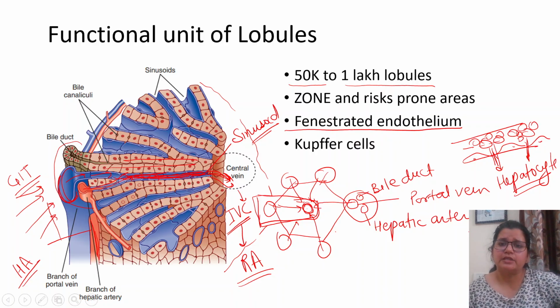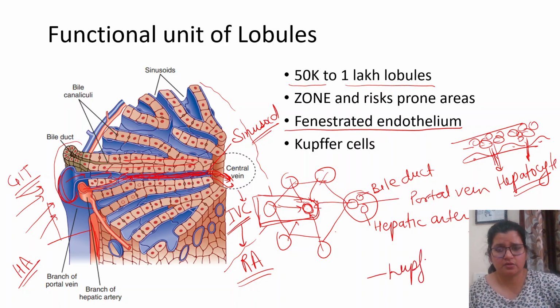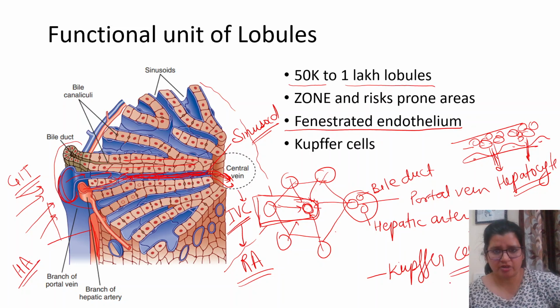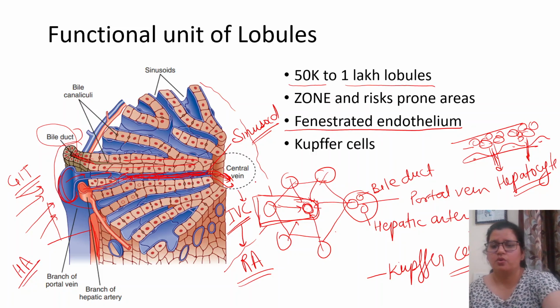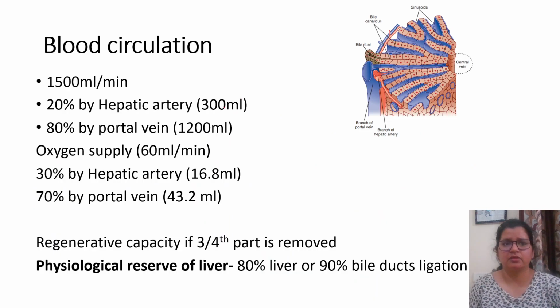First thing. Second thing is, in this circulation there are Kupffer cells present. Kupffer cells are basically the macrophage cells present in the liver, which are important for immune function. Fine. Otherwise, you can see that these hepatocytes are closed at one place, and you can see the green-colored structure here. This is basically the bile secreted by hepatocytes and poured into the bile duct. Okay. So what happens next?